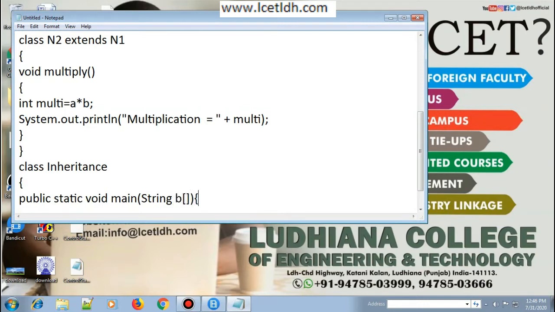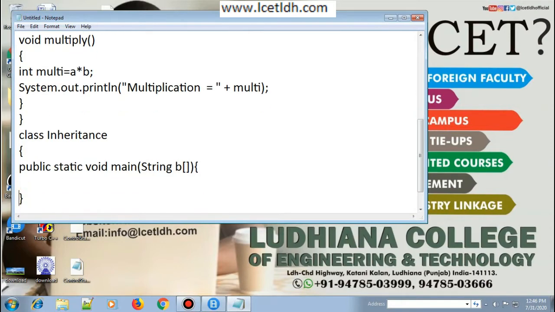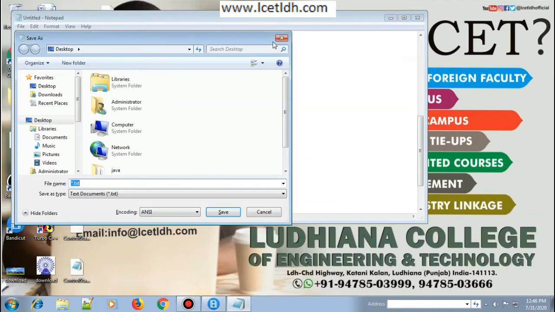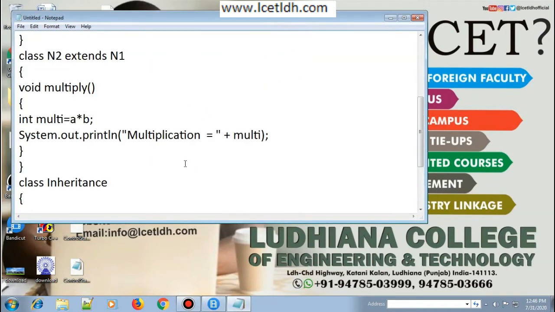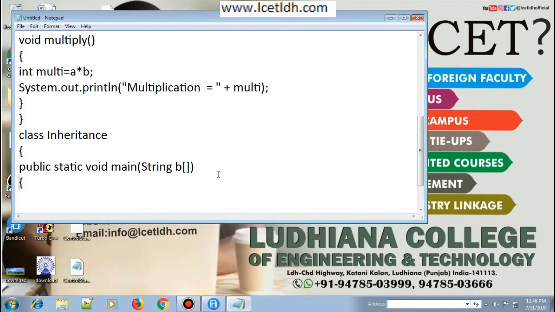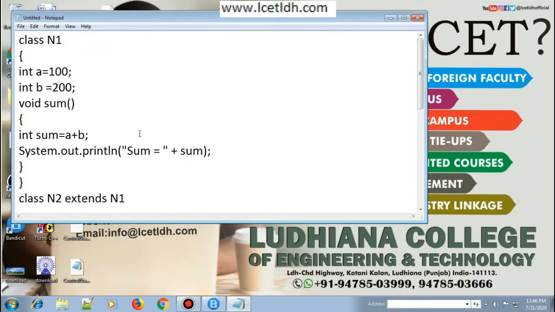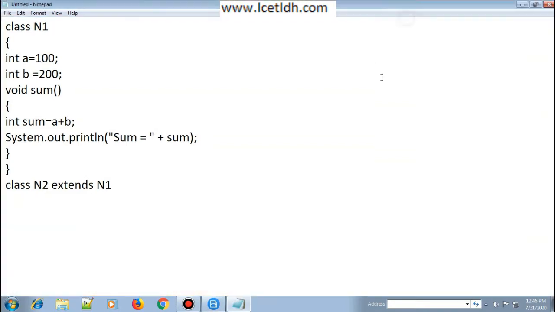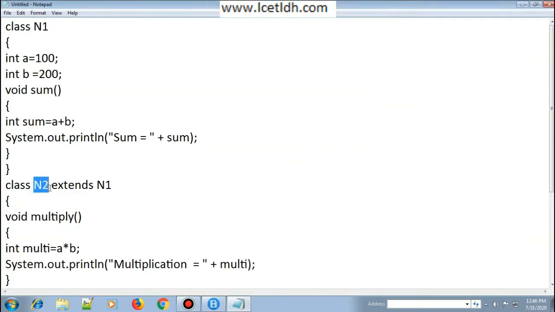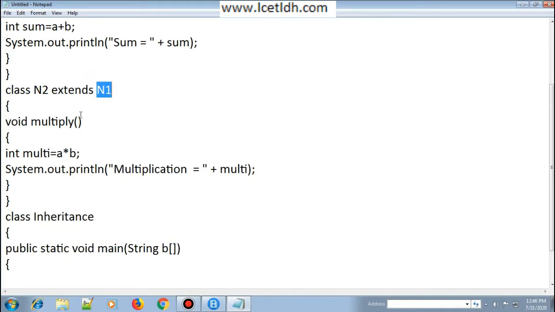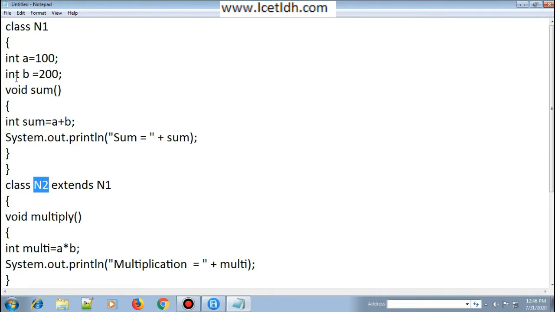Now I'm going to simply create the object of a class. As we are using multiple classes in case of inheritance, the object of the class which inherits the other class would be created. In this particular case, the object of n2 would be created instead of n1, because n2 would contain its properties as well as the properties of n1. You don't need to create the object for both; you can only create the object for n2 and even call the methods or the variables of the n1 class with it.